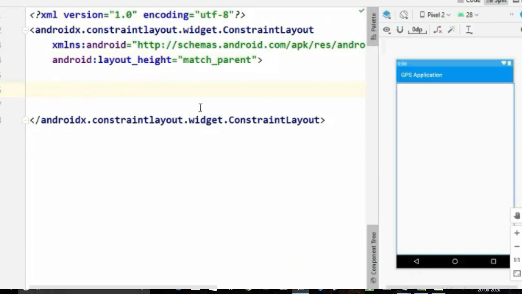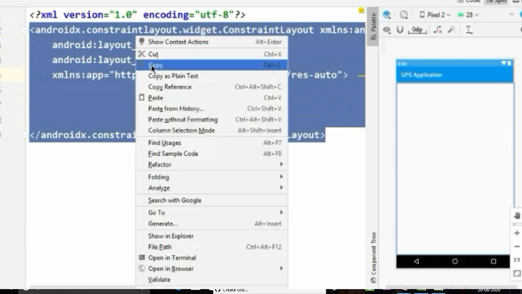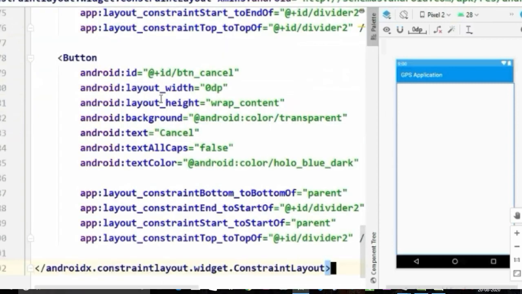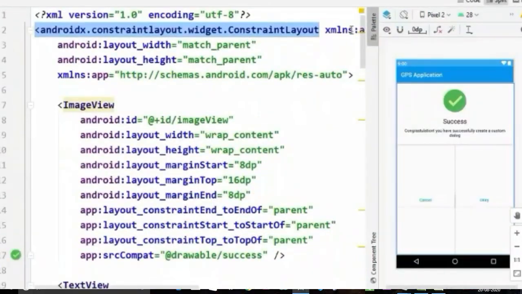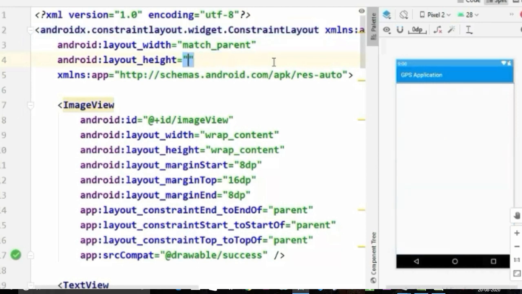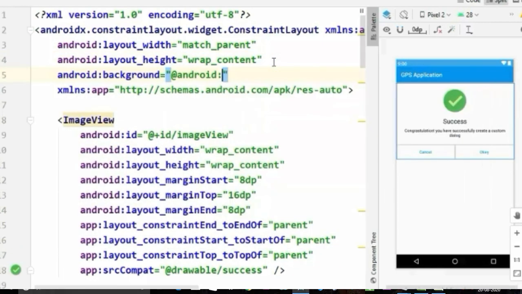It will take more time, so I will simply paste the code of the layout. I hope you guys can create this layout with a simple text view, image and buttons. And make sure you change the height of your parent layout to wrap content. And add a background color. For this example I am using white.